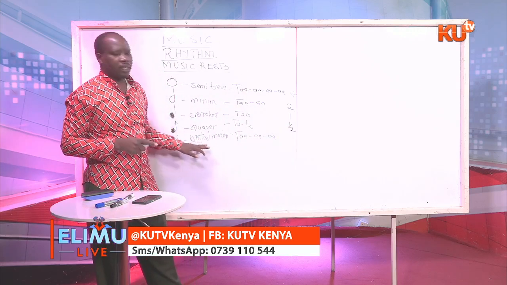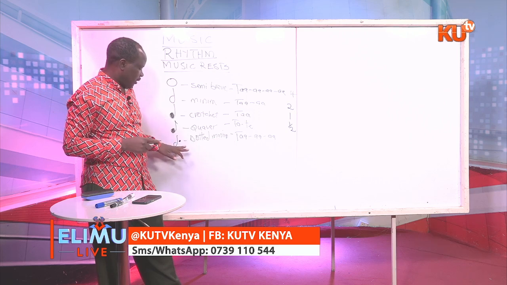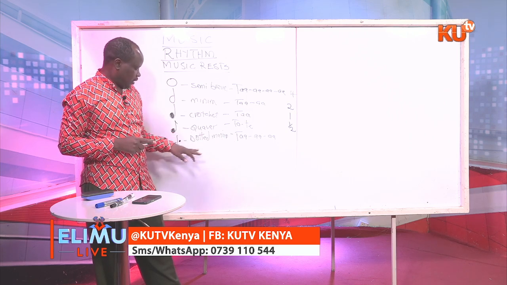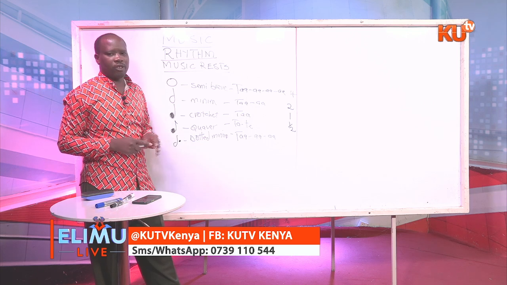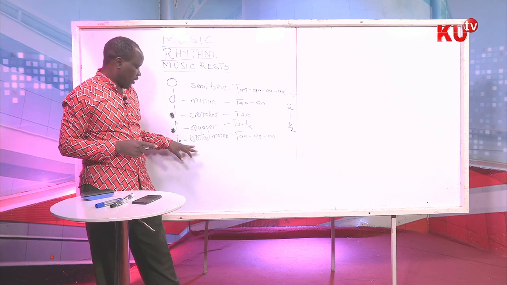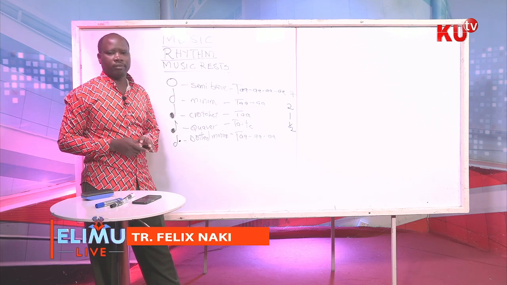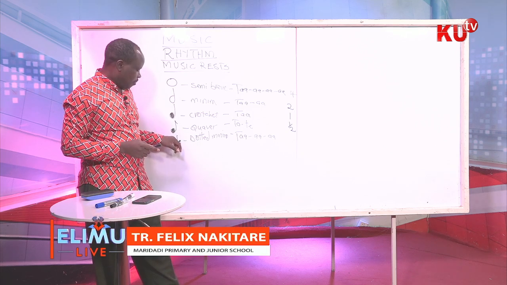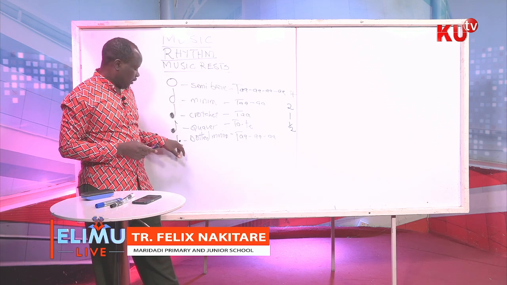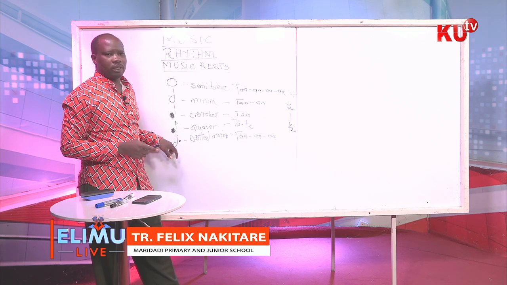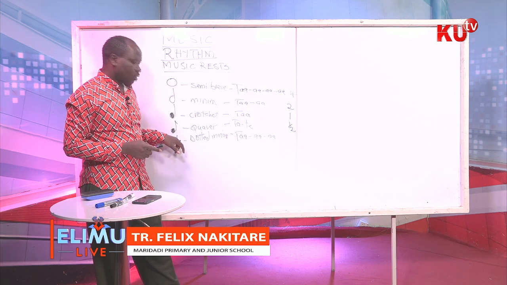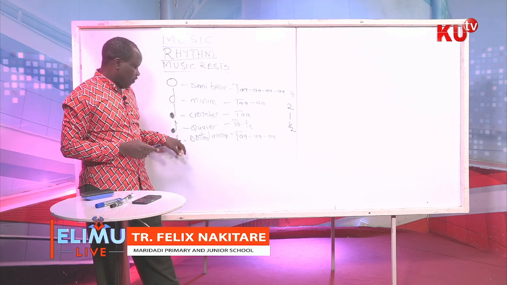When we come to the dotted minim, we explain that if somebody talks about a dotted minim, this is a minim and a dot in front of it. And what's the meaning of this dot? This dot means the note here is half the value of the note before it. Therefore, a dotted minim, this dot before it is equivalent